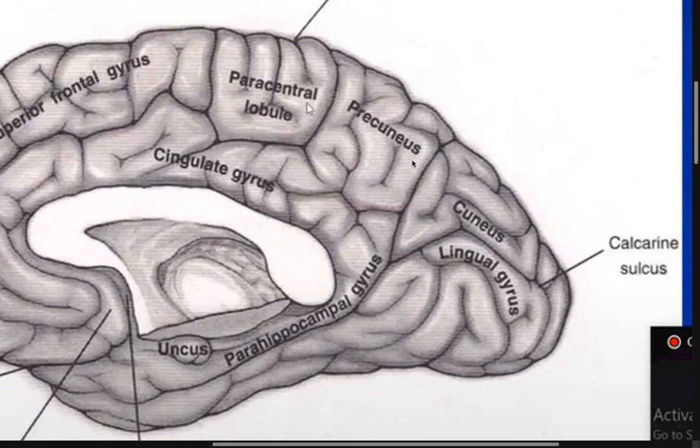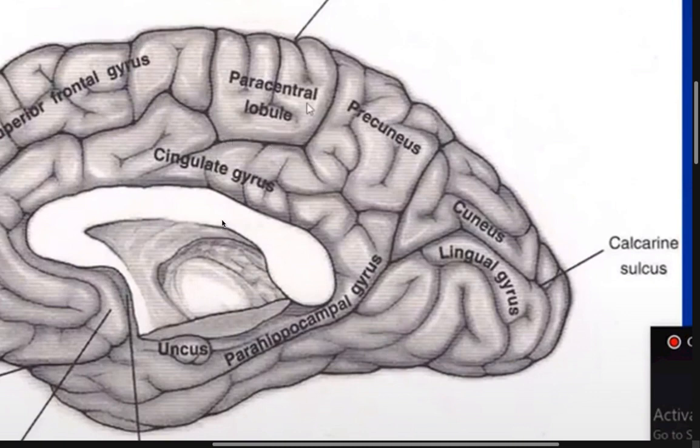And you have observed that anterior to the cuneus we have the precuneus, and as you know, the precuneus is located between the parieto-occipital sulcus posteriorly and the cingulate gyrus anteriorly. This is the cingulate sulcus, okay? So the precuneus is located anteriorly to the cuneus and between the parieto-occipital sulcus posteriorly and the cingulate sulcus